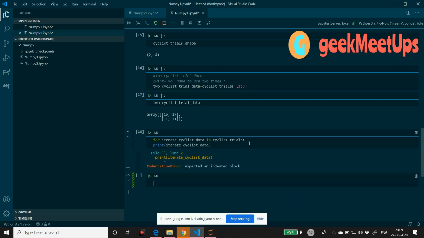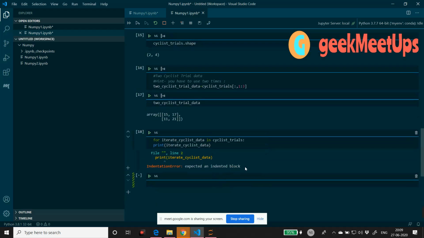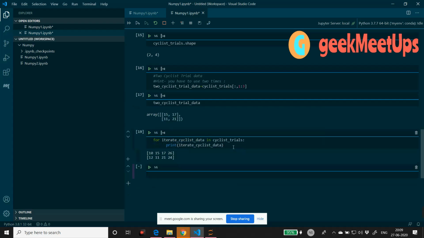Enter. It is expecting an indented block and it is not recognized by VS Code. Let me try this way. Now the indentation concept will be clear to you.